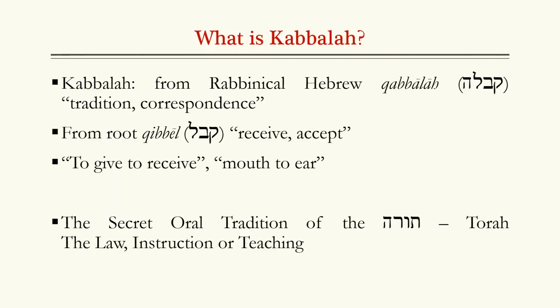This is the secret oral tradition of the Torah being the Old Testament, specifically the entire Old Testament, but specifically the Pentateuch and the 5 books of Moses especially. The Holy Kabbalah is the ancient Jewish tradition of mystical interpretation of the Bible. This was first transmitted orally and through the use of esoteric methods such as ciphers and symbols. It reached the height of its influence in Judaism in the Middle Ages, and it has since evolved to encompass mystical Christianity,